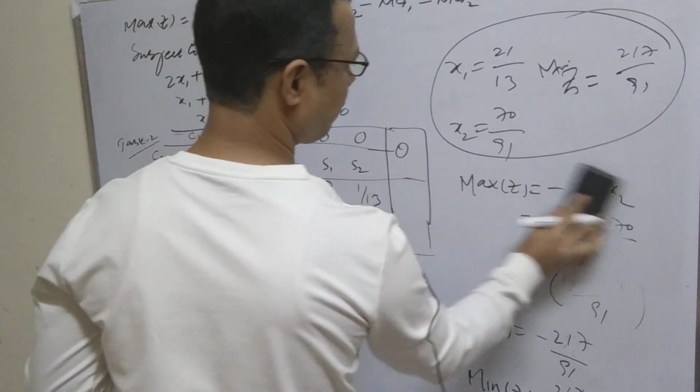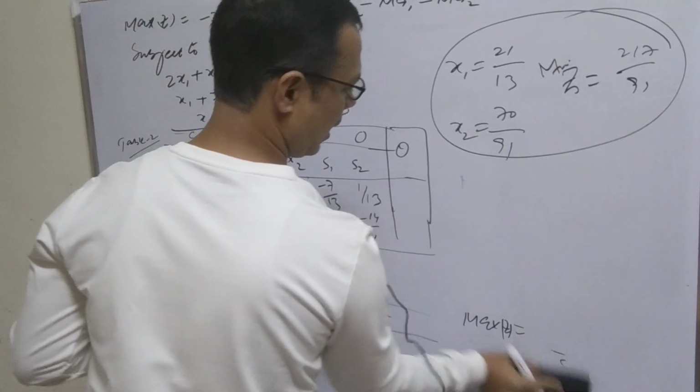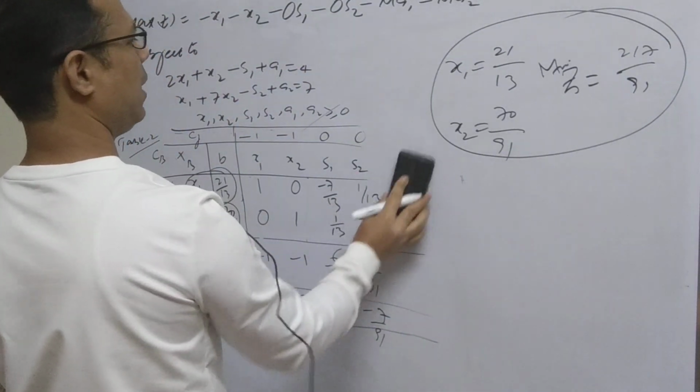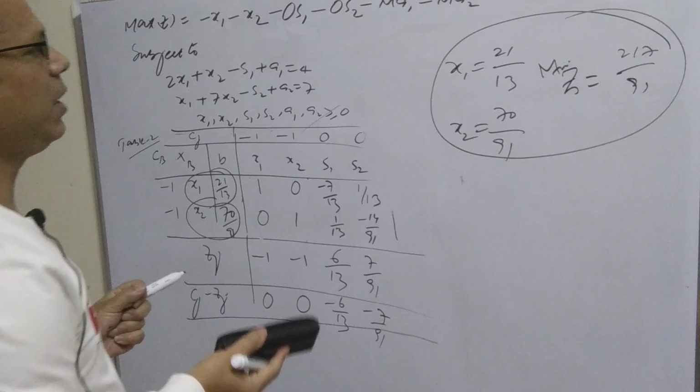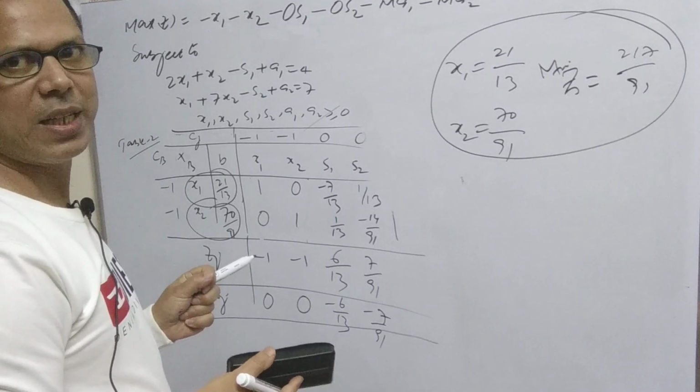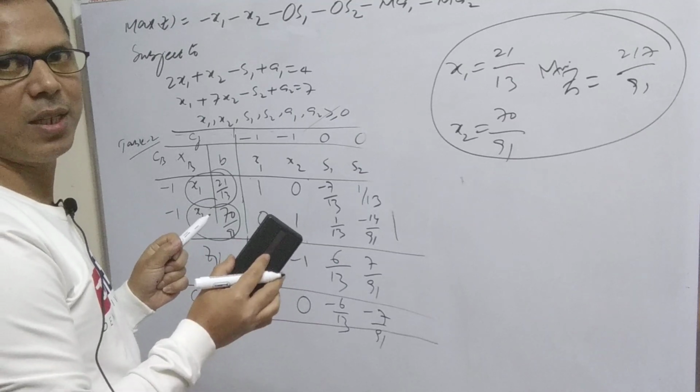I think you already have got the procedure, and I hope you understood very well, because it is a very simple, very easy procedure. If you proceed by this procedure, automatically you will get the result at the end of the table.